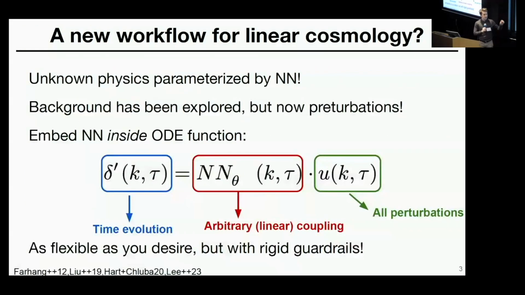And instead of adding a new blob with terms where you say, oh, this is sourced by the metric and couples to other things, I'm going to now say I'm going to let any arbitrary linear coupling be in the ODE for my new species, which I'm just writing as delta here, and its time derivative is given by this. U contains all of the other perturbations, baryons, photons, etc. And here, this contains coefficients in time and in space parameterized by wave number.